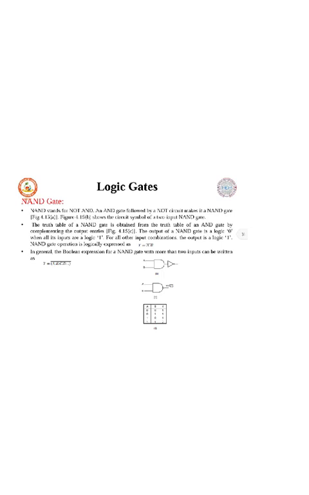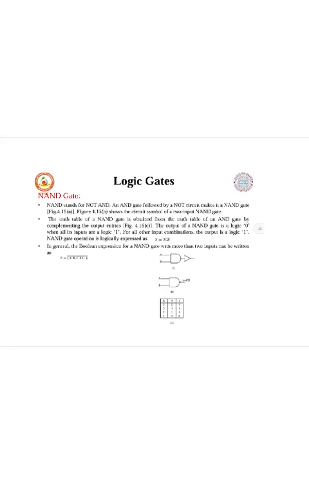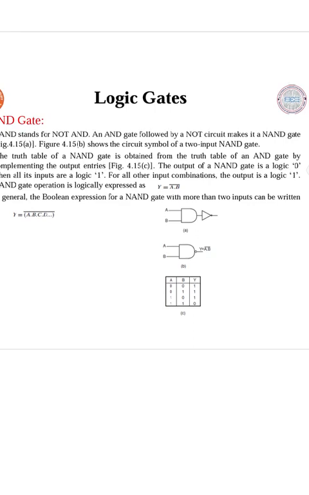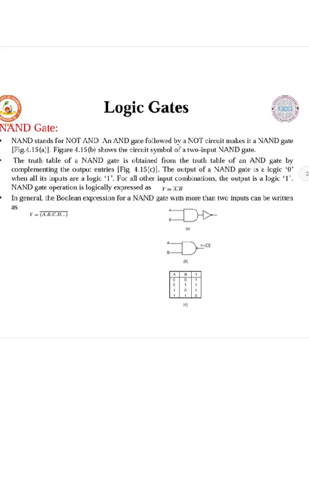You can see in the diagram shown, there is a 2 input NAND gate. The truth table of the NAND gate is obtained from the truth table of the AND gate by complementing the output entry. The output of the NAND gate is 0 when all its inputs are 1. For all other input combinations, the output logic is 1. So y is equal to